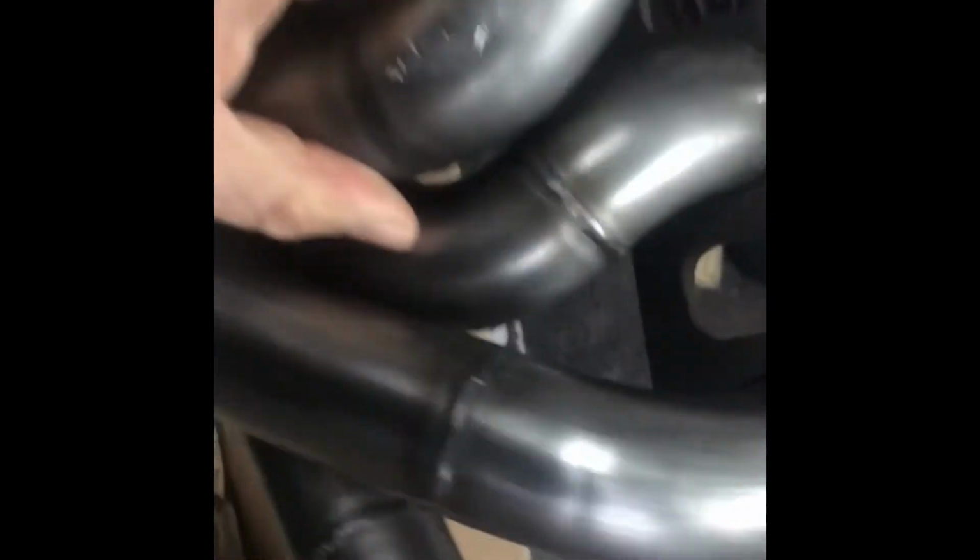So there they are, stamped. I do wish they would have thrown a weld around there. I don't really love that. Right in here, see. But I am going to put them on, so